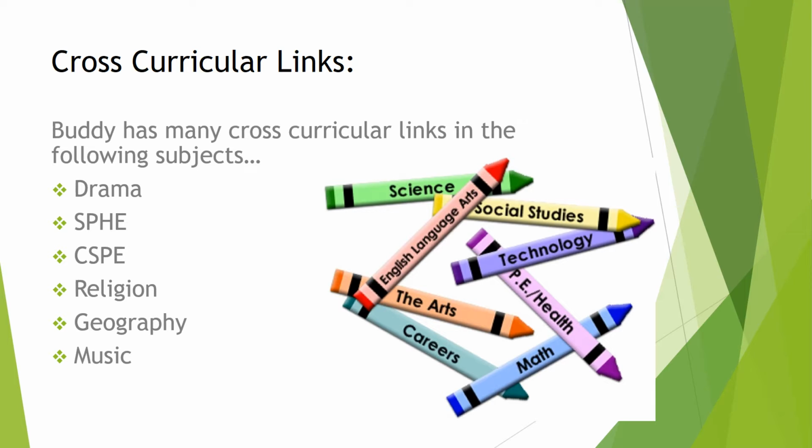Religion. Prejudice is another common theme throughout the novel. Buddy and his friend experience prejudice on a regular basis, which has a huge impact on his feelings, actions, and emotions. Geography. Buddy often travels around the city and often talks about going to the countryside. Students could be asked to draw a map of the city and map his progress.